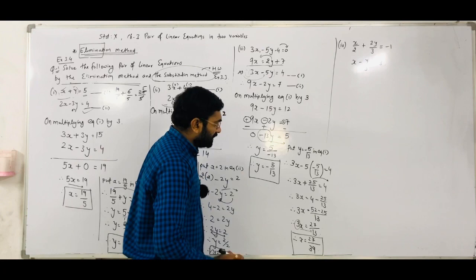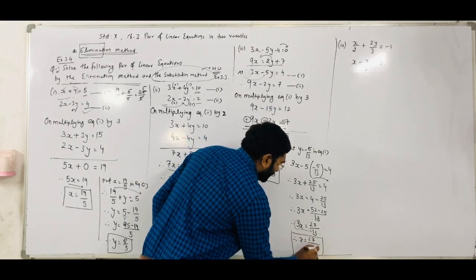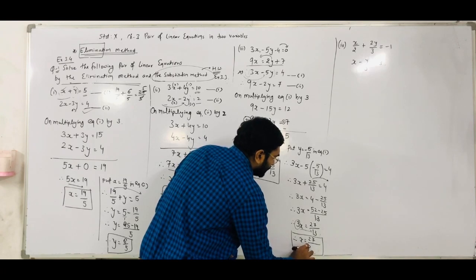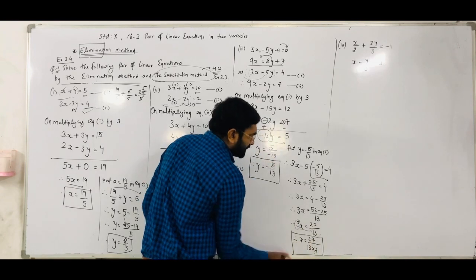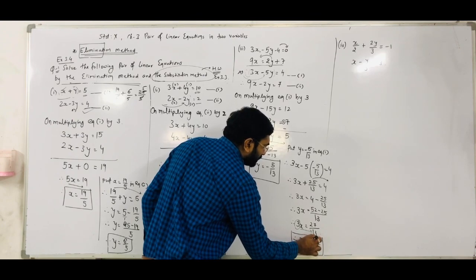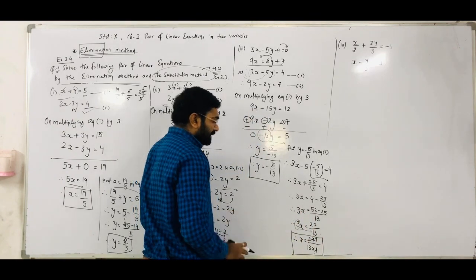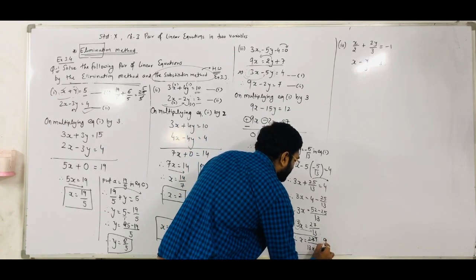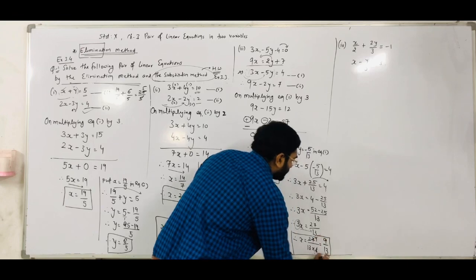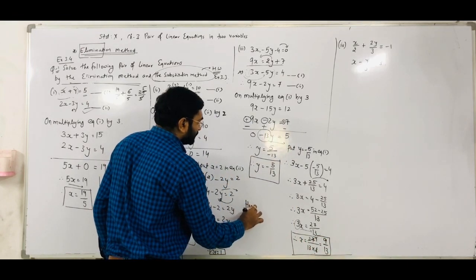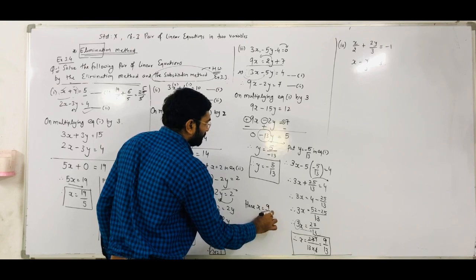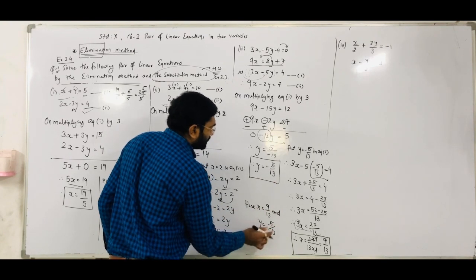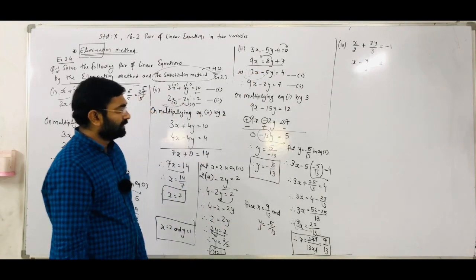Here you can also cancel out the terms. Whenever you write 13 into 3, that 3 goes to the right hand side denominator. So cancel out the 9. 3 nines are 27. So we get our final answer: the x value is 9 by 13. Okay. Here x is equal to 9 by 13 and y is equal to minus 5 by 13. This is the solution of the given linear pair of equations.